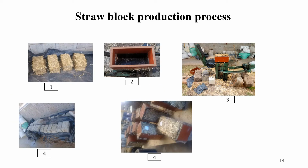From that block, with some time, on this first image, we see that they don't have the same shape. So they expand, because gum arabic is viscous, so it expands. On this image too, we found a way, a wooden mold that will keep that shape. Even when we use it, after ejecting the block, we see that there is still a swelling. So we concluded that it is good that we place some